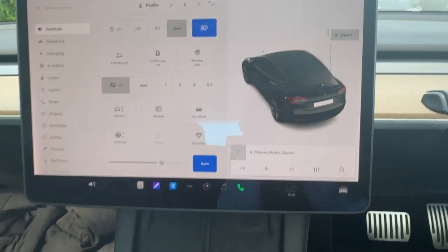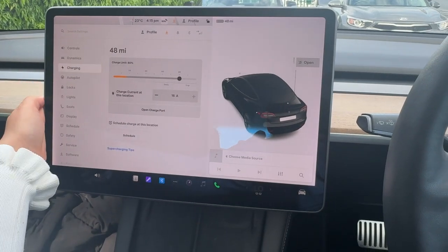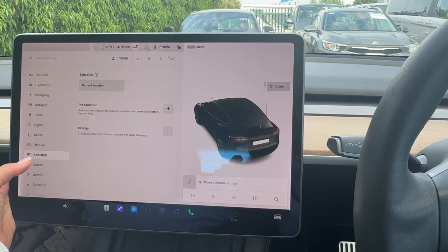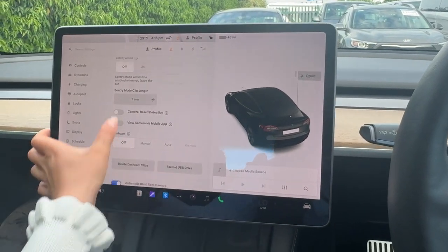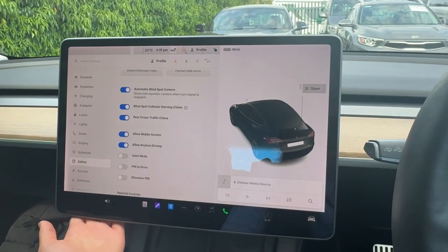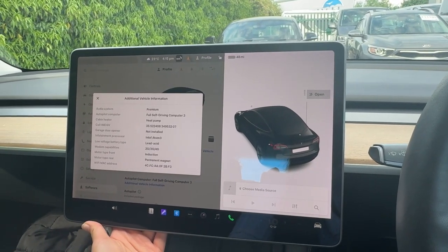Using our Tesla icon in the bottom right, we can access our controls, dynamics, charging, autopilot, schedule, safety, service, and software. Within safety, we have advanced features such as a pin to drive and a glove box pin. If we go back into software and click on additional vehicle information, we can get a deeper analysis of the